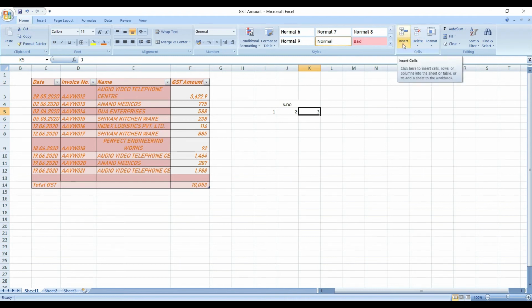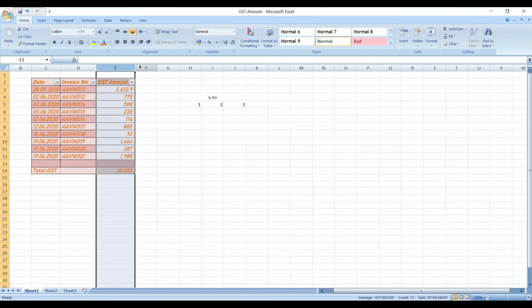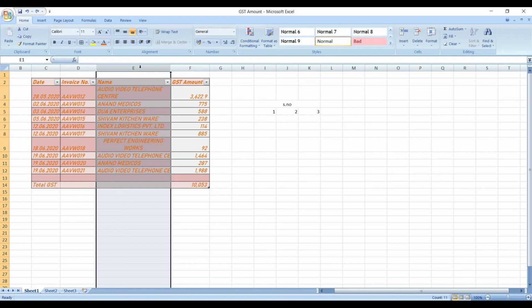If you want to increase or decrease or delete any kind of cell, you can change it from here. So there are two ways you can increase or decrease your cell. How can you do this? Firstly, you can just click on the column button and press Ctrl plus minus. This will delete it from your sheet. And if you really want to add it again, you just need to press Ctrl Z. It will undo your cell or your column.